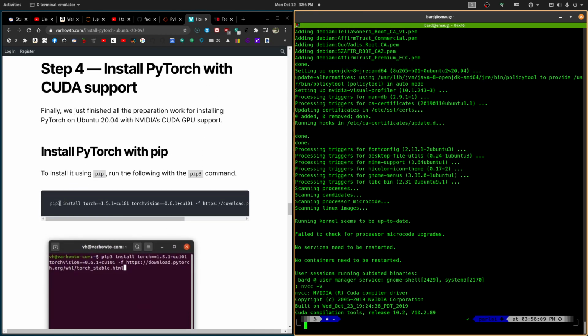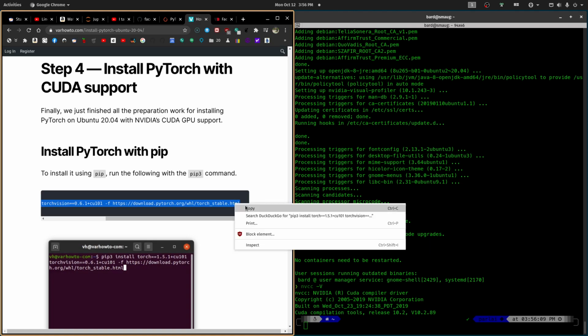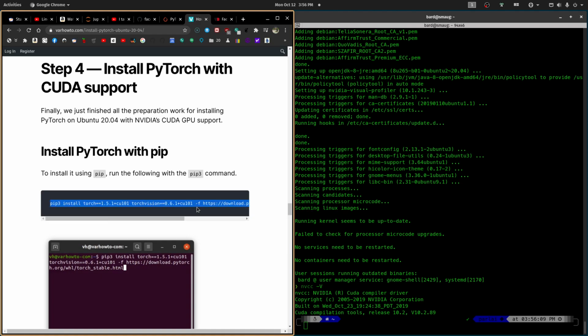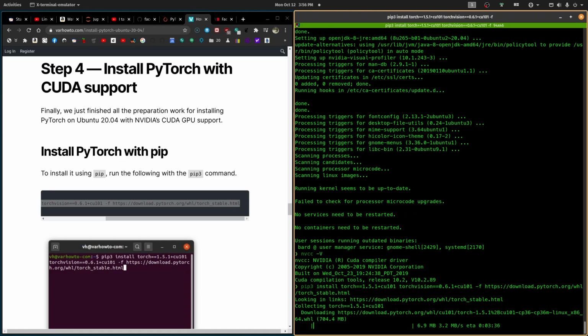Now we're going to do a pip3 install here, using this wheel file here, which we're going to get from download.pytorch.org. There we go. It's getting the file, downloading it.